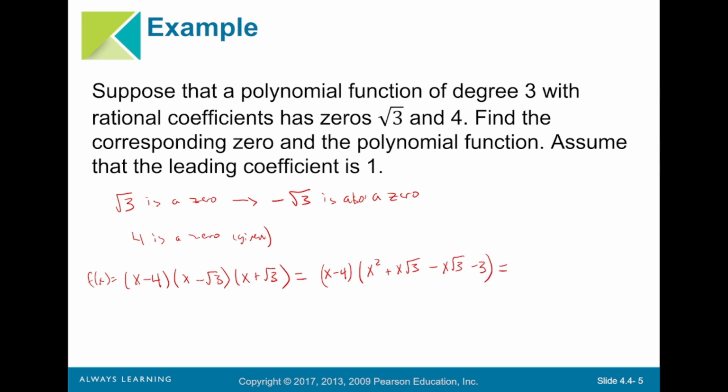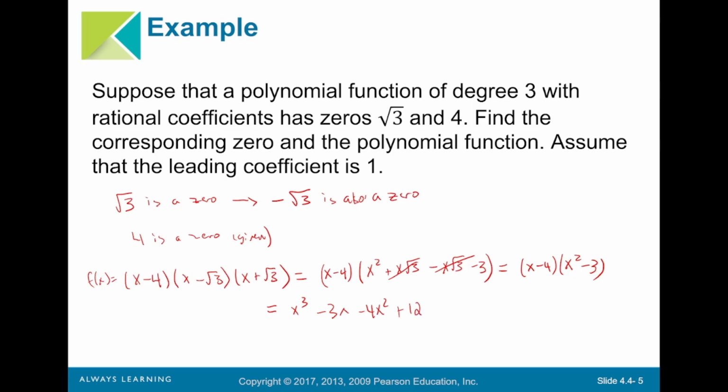And so now if I want to simplify this, notice my middle two terms cancel, which is really convenient. I get x minus 4 and x squared minus 3. And that's really easy to multiply out. I'm going to FOIL again, though, so I get x cubed minus 3x minus 4x squared